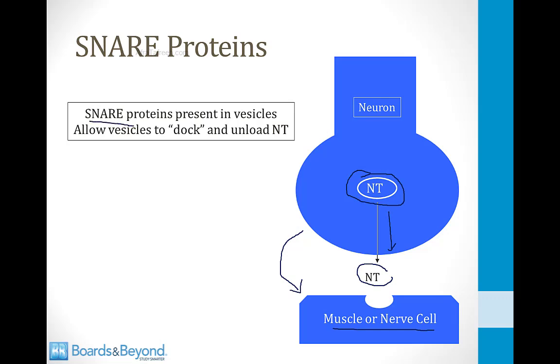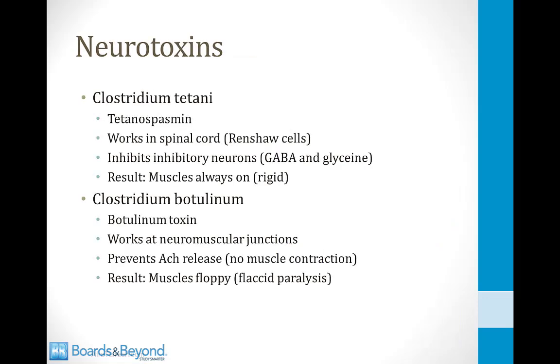So snare proteins are present on these vesicles inside the neurons, and they allow the vesicles to dock and unload their neurotransmitter. So if a neurotoxin inhibits snare proteins, the neuron won't be able to dock the vesicles and release their neurotransmitter. So Clostridium tetani makes an exotoxin called tetanospasm, and this works on neurons in the spinal cord called